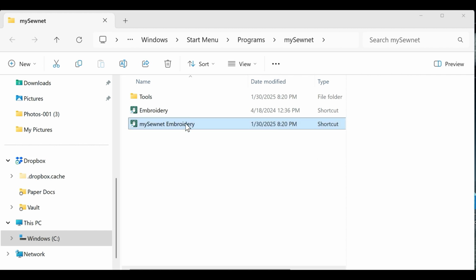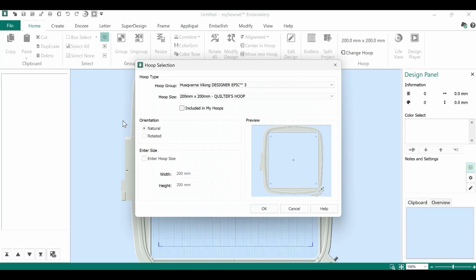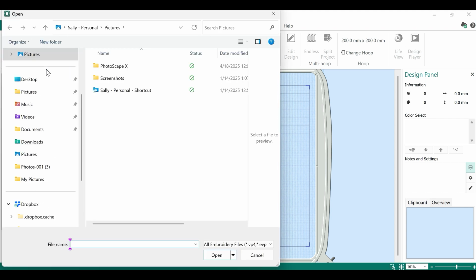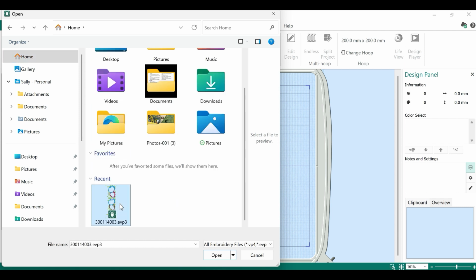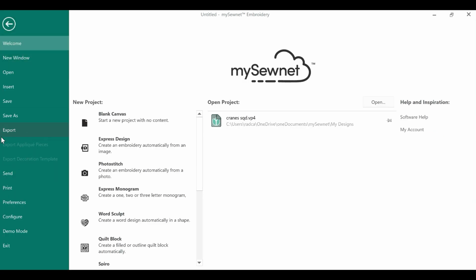So let's open mySewnet embroidery, double click here, and let's open a blank canvas. Let's do the eggs first, kind of that season. So these come in as an embroidery. If we're lucky, we'll be able to see that we can export applique pieces here, which are the SVGs, but